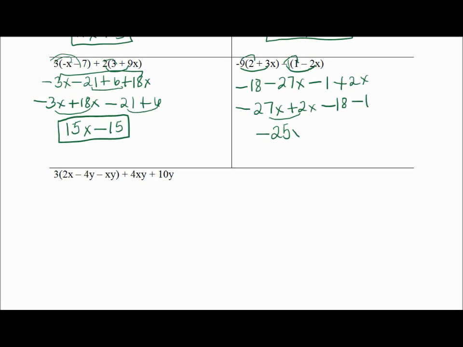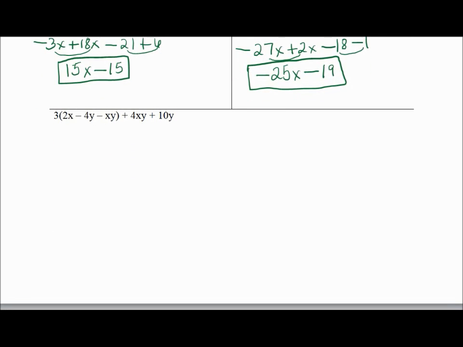Negative 25x, like terms here. Negative 18 minus 1 gives me negative 19. So I'm left with negative 25x minus 19 for my answer. And then for this last one,